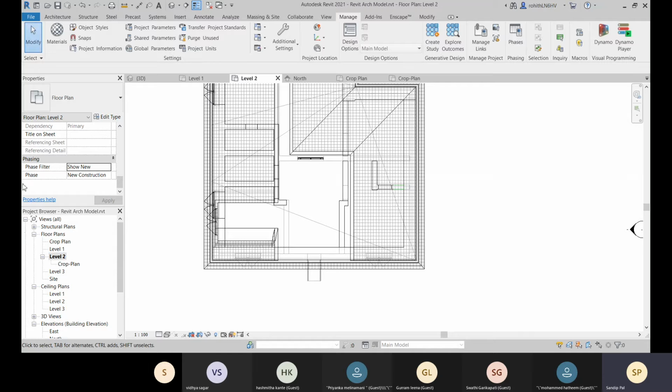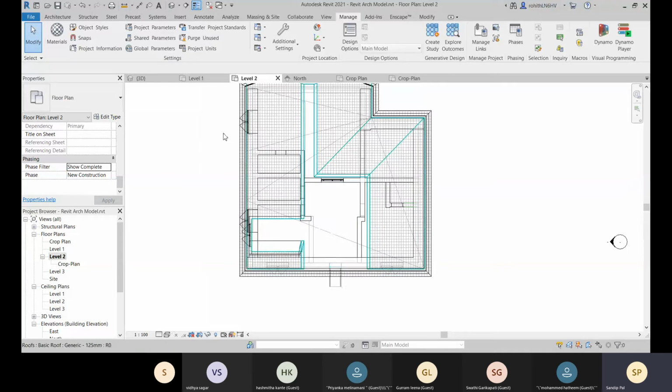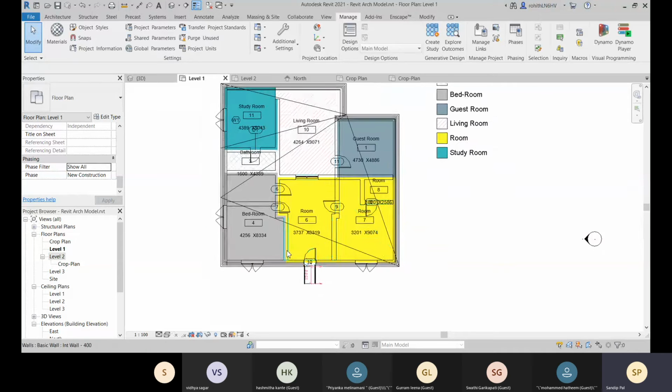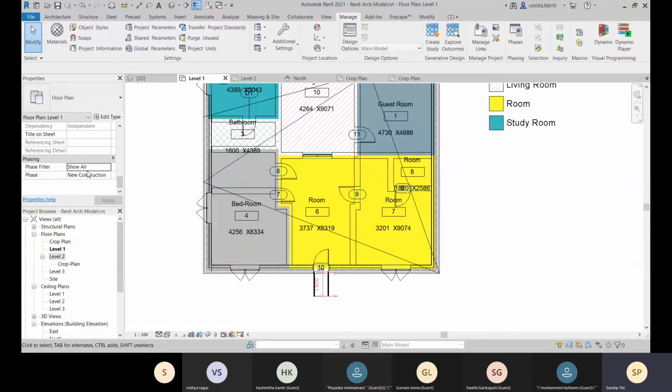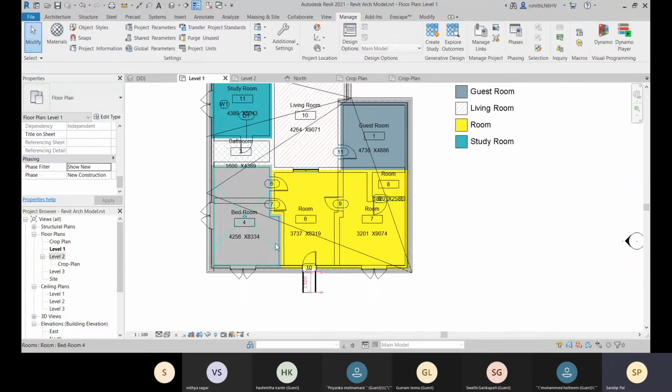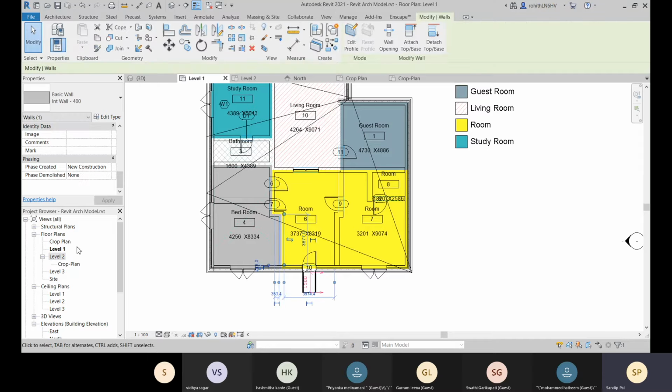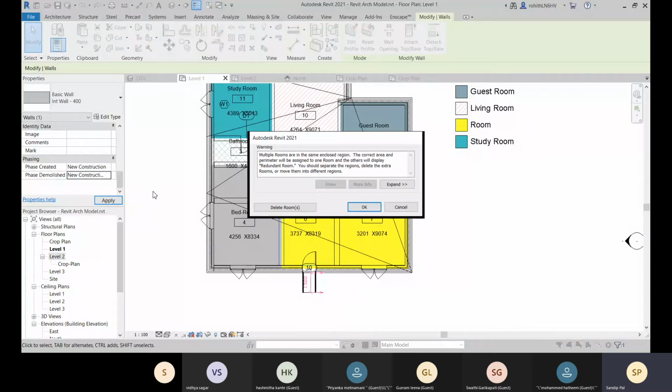What is applying? Okay, and let me change it to show complete. Let's come to this level 1, and here let me change it to show new. I think I haven't applied that. That's right. Let me go for this new construction.